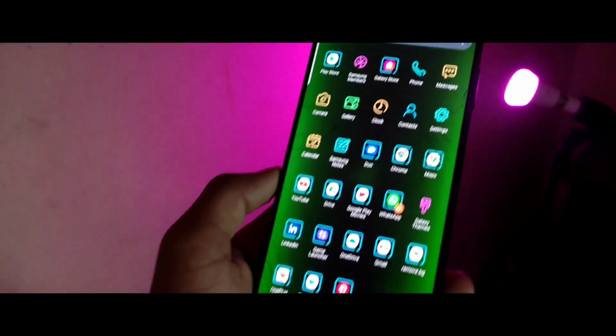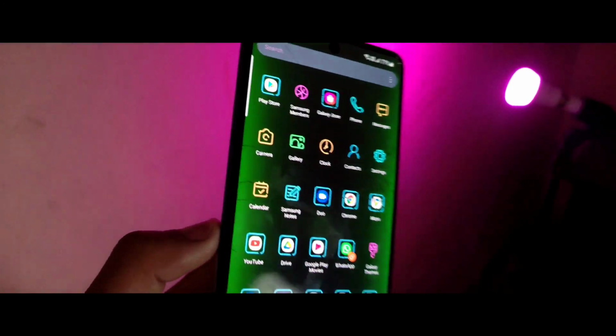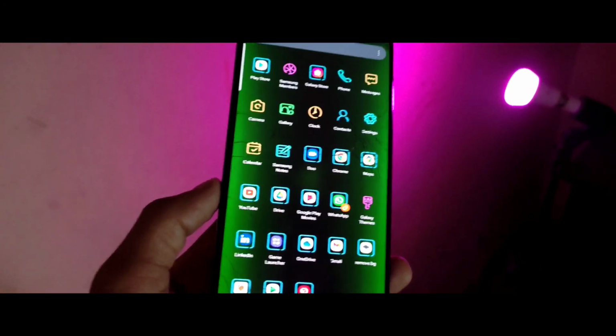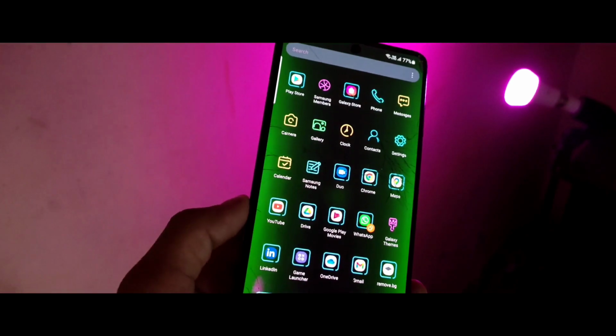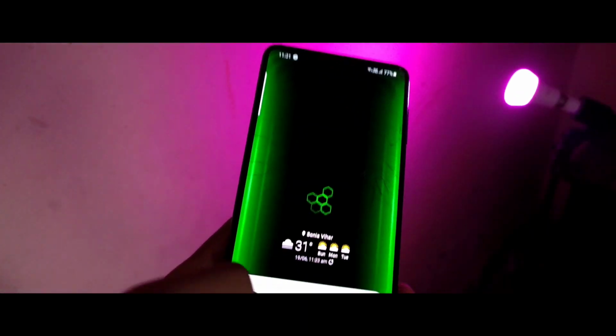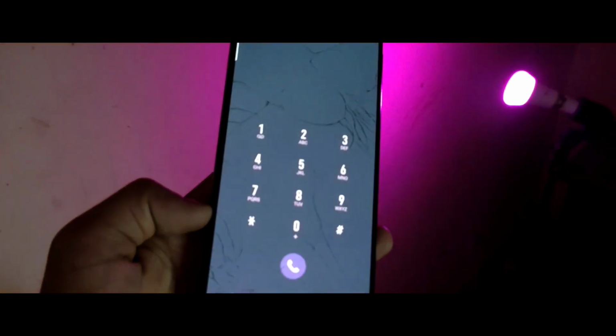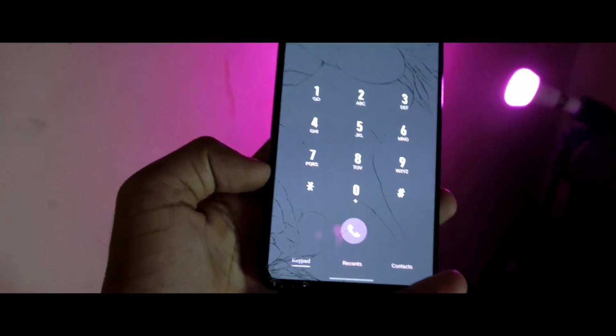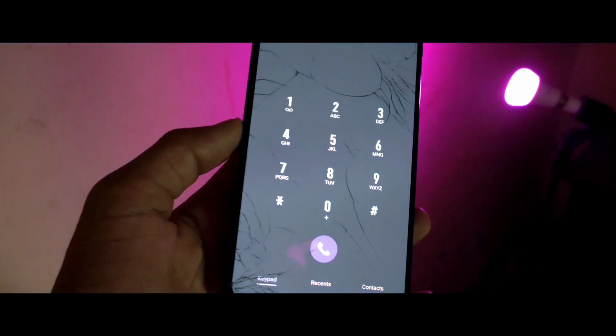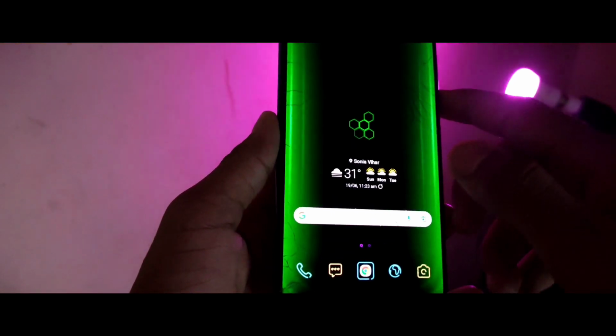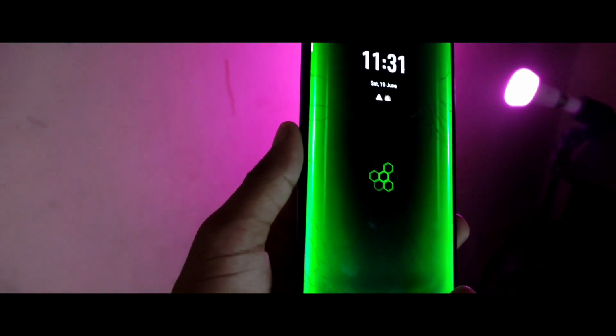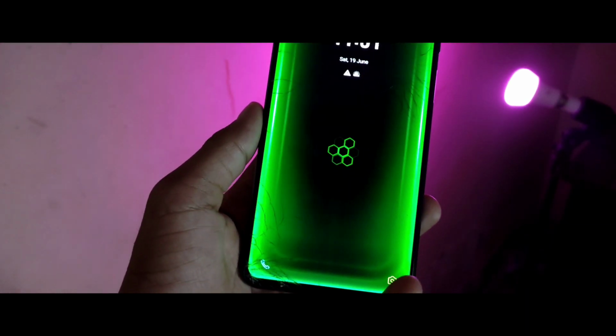And if we talk about the icon pack of this theme, it looks very weird and amazing. It has a neon effect on the icon pack. If we talk about the interface of the dialer, it looks amazing with a different type of font, and the lock screen of this theme is also very interesting, and it has a 3D dynamic lock screen.